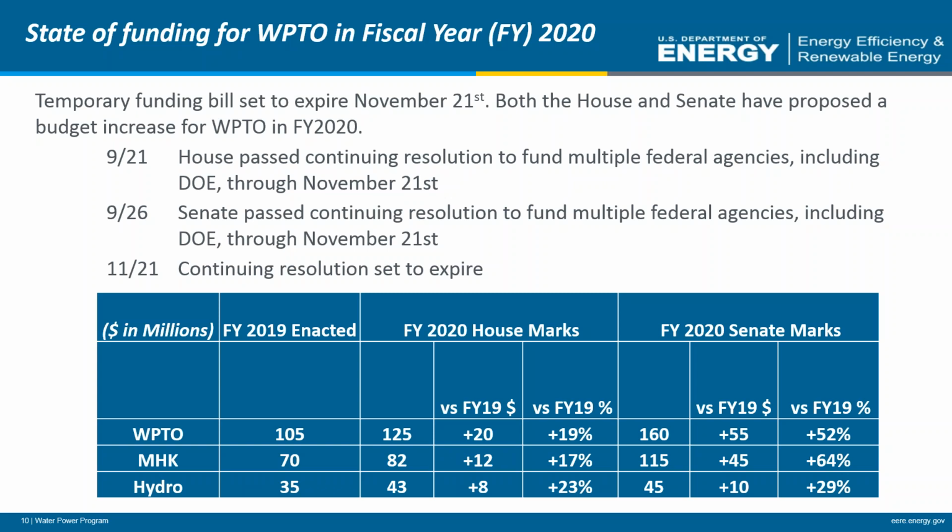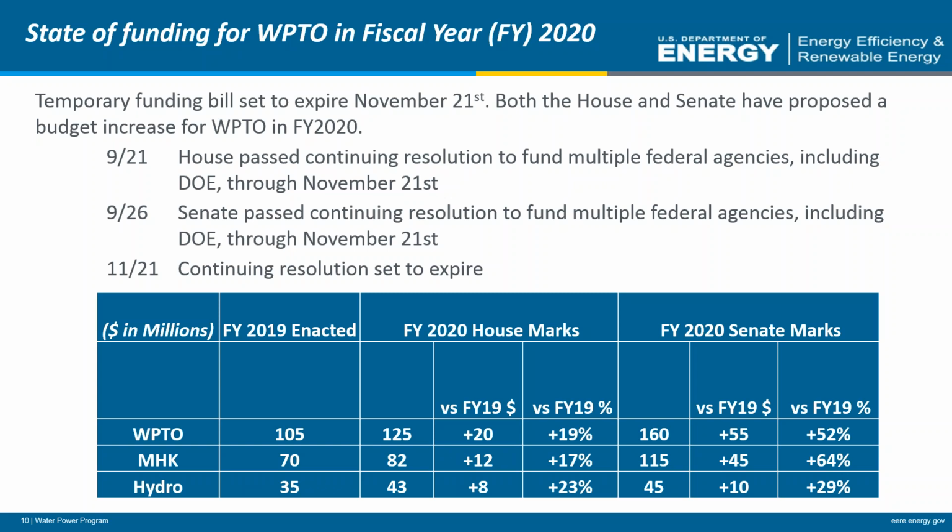And onto the budget situation, we have a new fiscal year that began October 1st. I'd love to talk about our plans for the next fiscal year, but we can't, at least until we have full appropriations and receive direction from Congress. But those who follow this do know that the Water Power Office, like all of DOE, is currently funded under a temporary funding bill. Right now, it's set to expire November 21st. This is, of course, a continuing resolution.